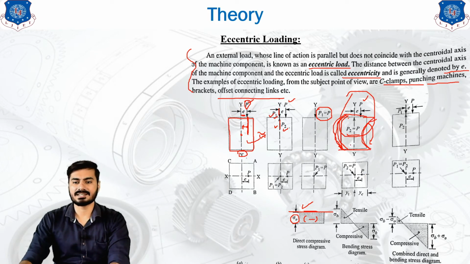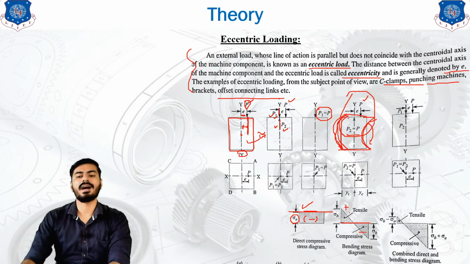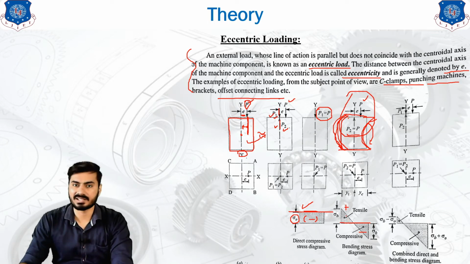As this is the tension side, the left side is represented above the reference line, or we can say this is the positive side. And this is represented below the reference line because it has the nature of compression, and that's why we represent it on the negative side. So this is negative. That's why we have represented both stresses with equal magnitude and in the opposite direction because of their nature.